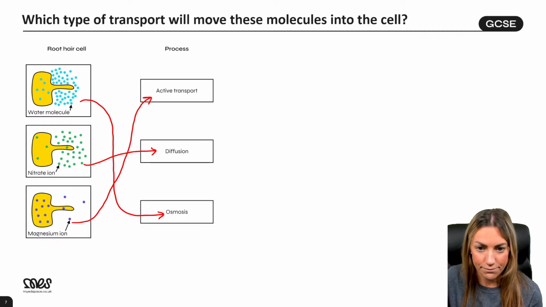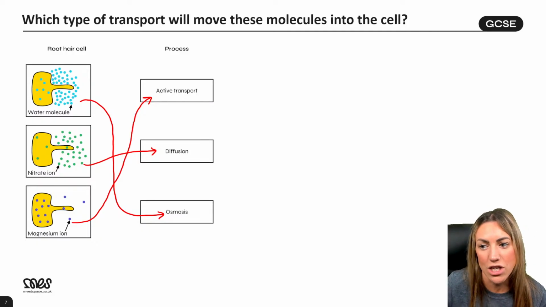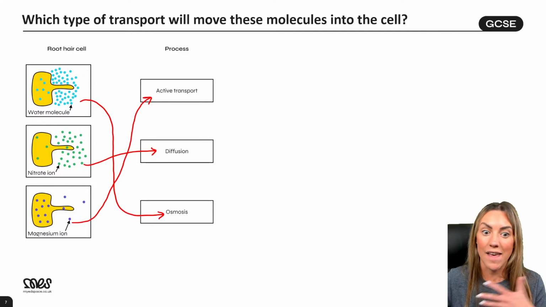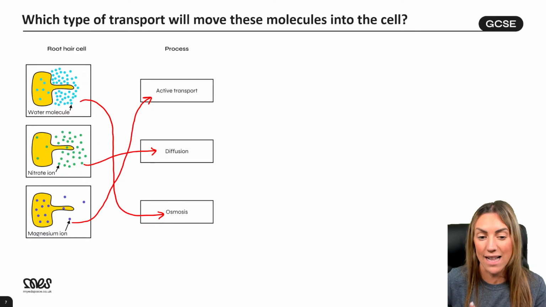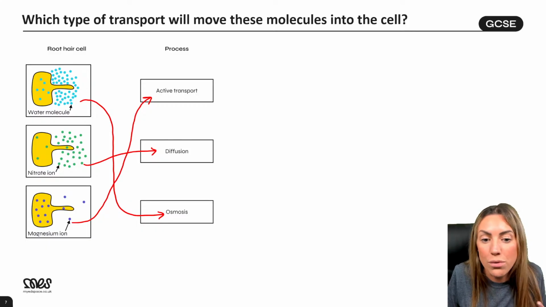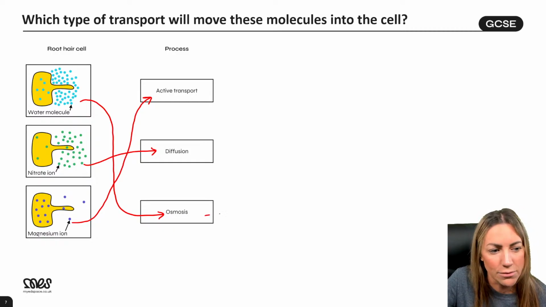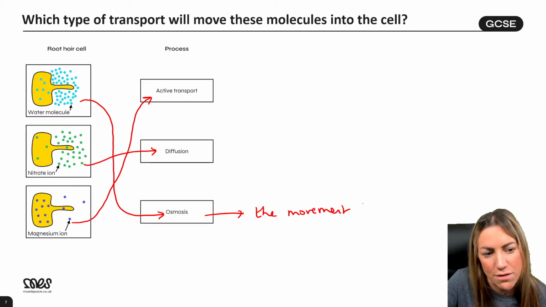Aboy, it depends on the concentration, right? If you've got a higher concentration of nitrate ions outside of the cell, they can diffuse in. If you've got a lower concentration of ions outside of the cell, then they would have to use active transport. So ions can use both diffusion and active transport. It just depends on the concentrations, right? So let's get some definitions down for these, I think, and put them into the chat if you think you know them. We want to make sure we get them right.